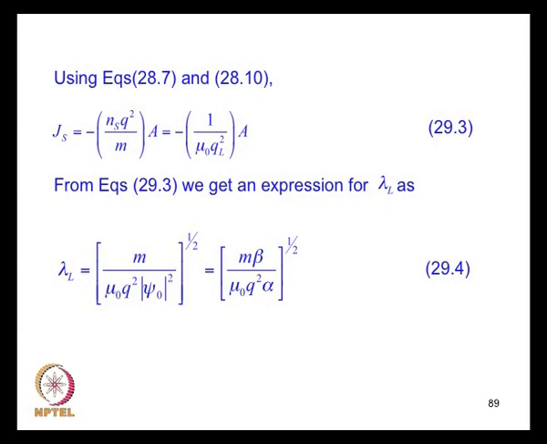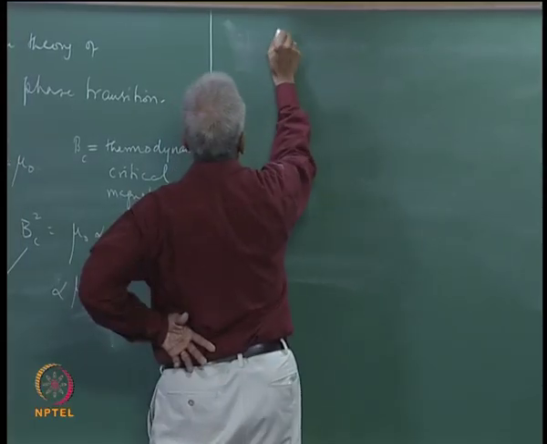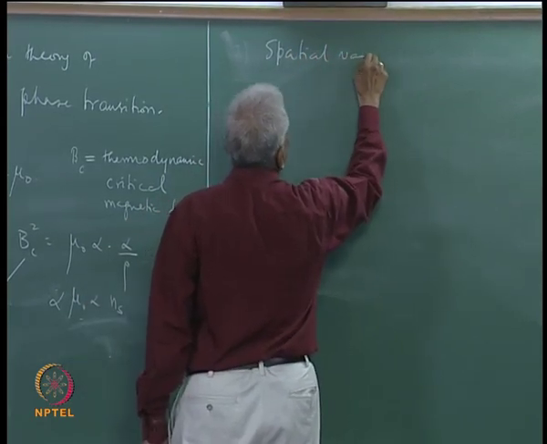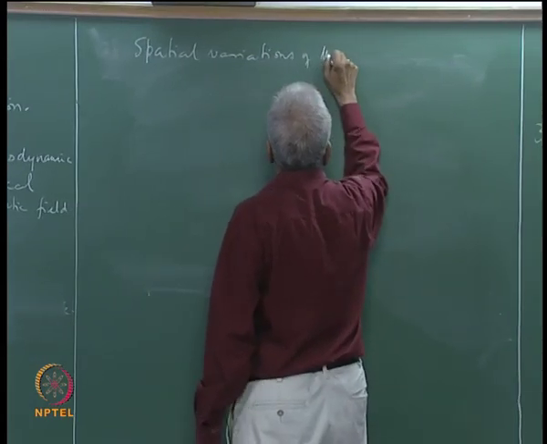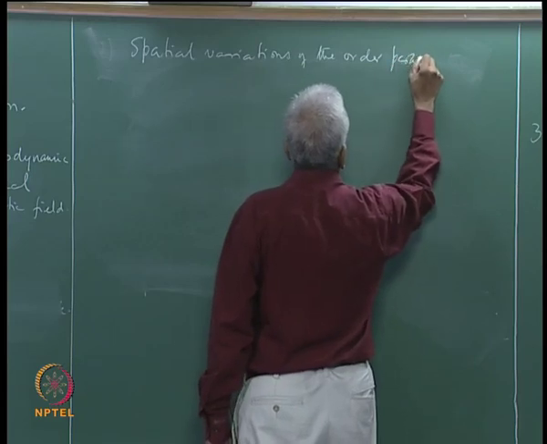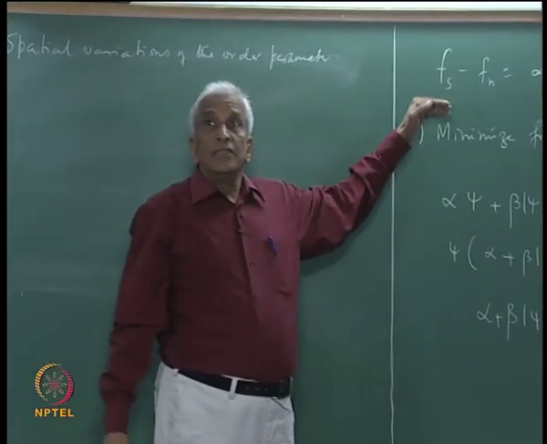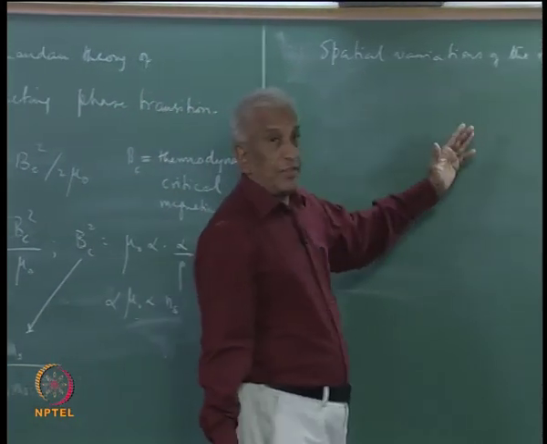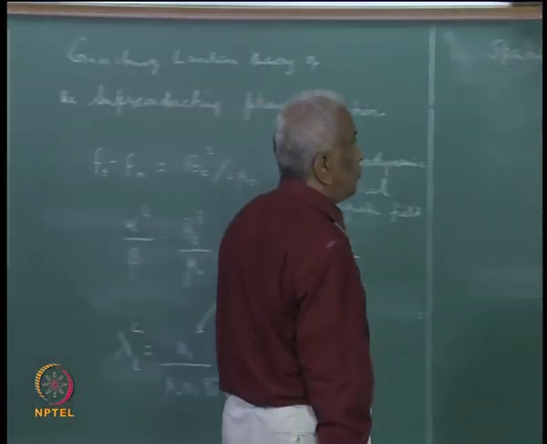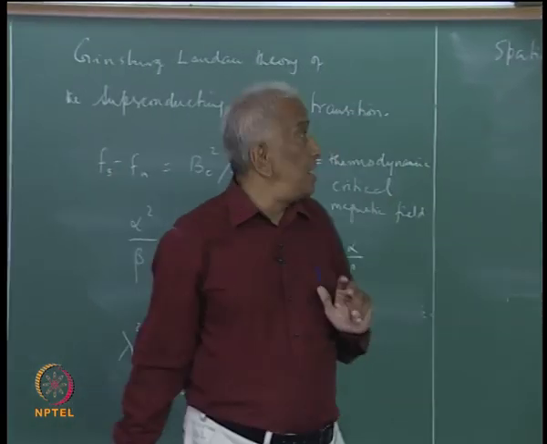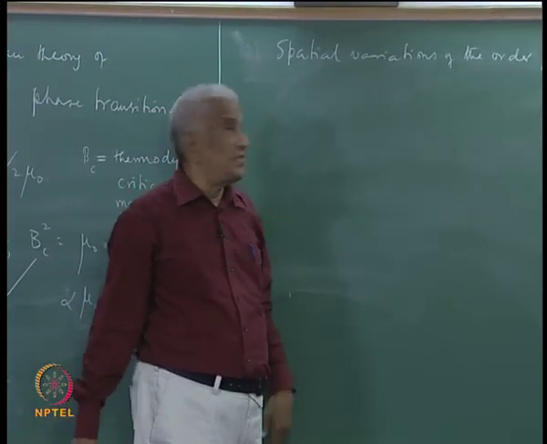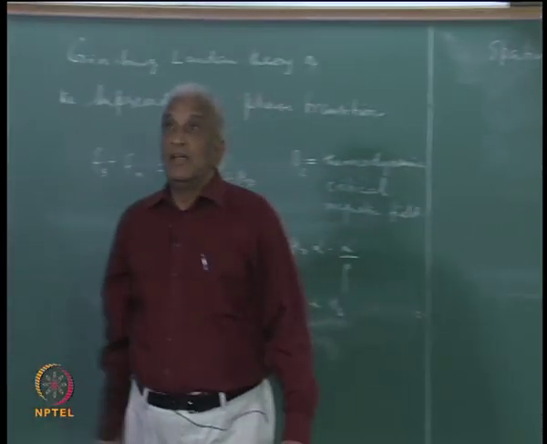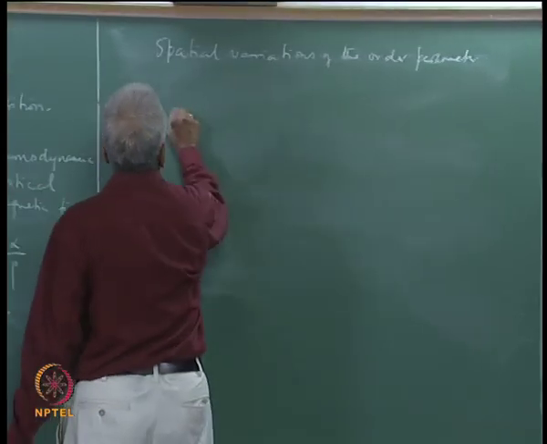The Ginsburg Landau theory goes further and talks about also the spatial variation of the order parameter, and we can minimize the free energy also with respect to the spatial variation of the order parameter. For example, our discussion here can be regarded as the situation deep within a superconductor, where the order is already fully established. But when we come to the interface between a normal and superconductor or the surface of the superconductor, then the order develops, and it may be expected to develop over a certain length in space. So, there can be spatial variations to the order parameter with associated changes in the kinetic energy density as given by